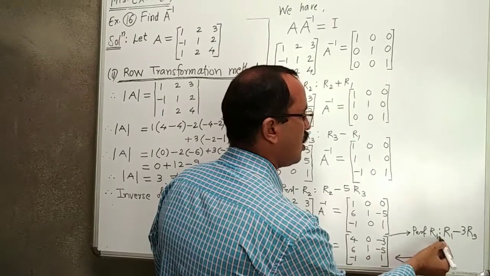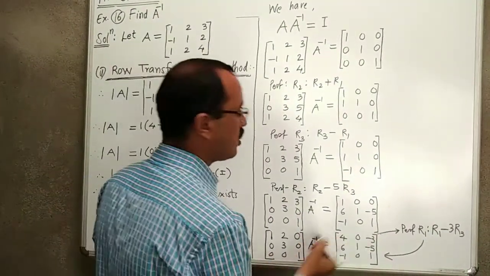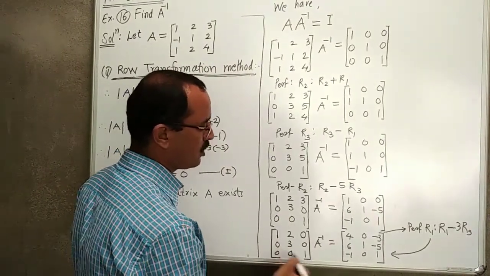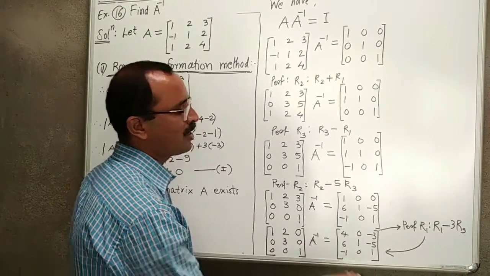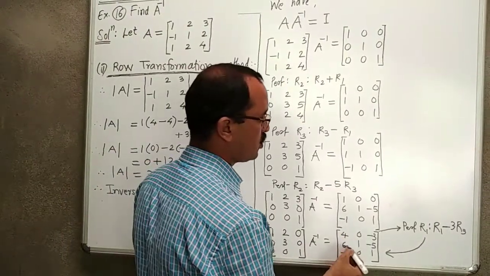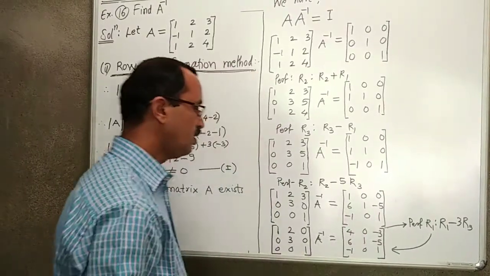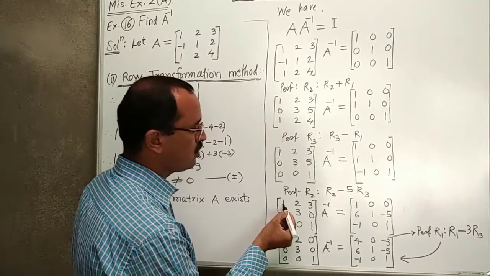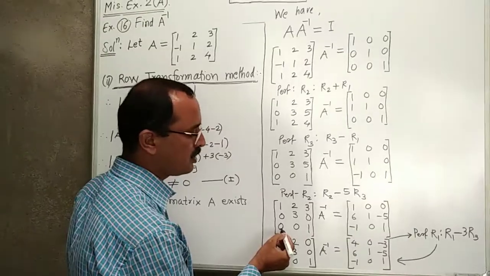Therefore R1 changes, and R2 and R3 remain the same. So I write R2 and R3 first, 0, 3, 0 and 0, 0, 1. On the right hand side, R2 is 6, 1, minus 5 and R3 is minus 1, 0, 1. Here we change R1. Now R1 minus 3 R3 means